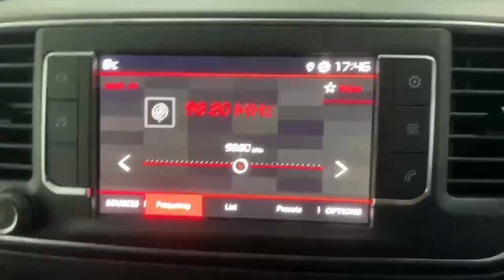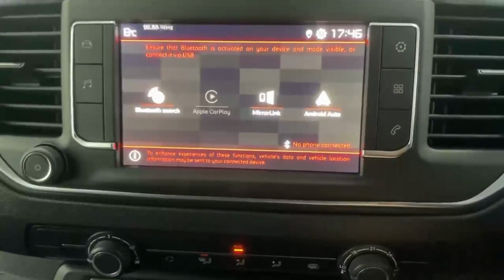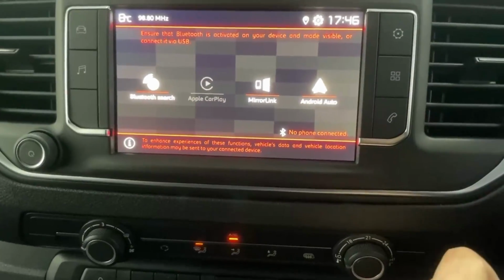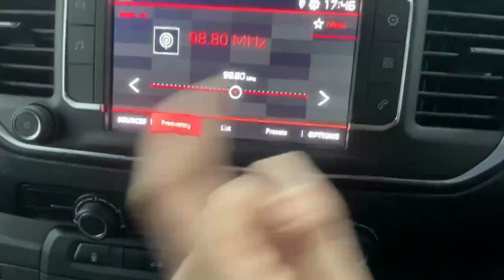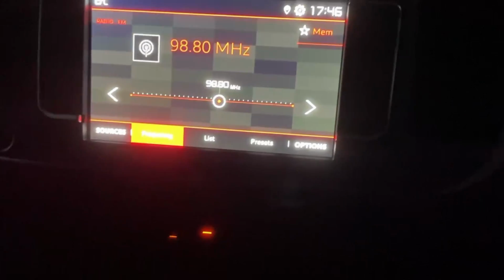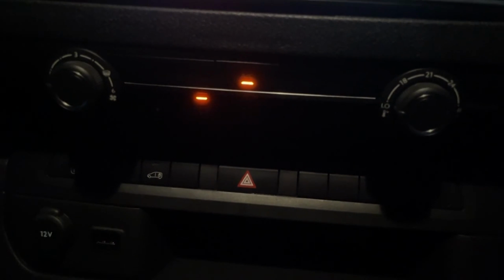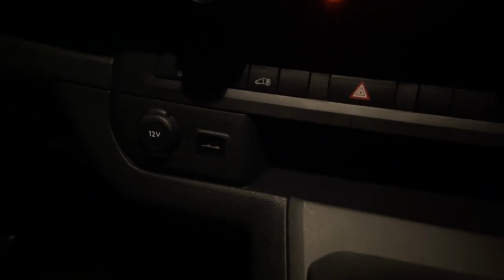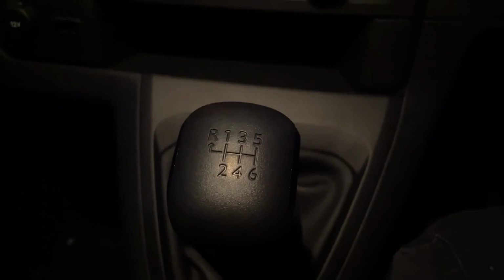The infotainment unit is a Citroen NAC. This one is fitted with Android Auto and Apple CarPlay through the USB cable, and also obviously you have DAB radio as well as FM AM. Just underneath you can find the air conditioning unit, the central locking unit, a 12-volt port and a USB Type-A, and this vehicle is fitted with a 6-gear manual